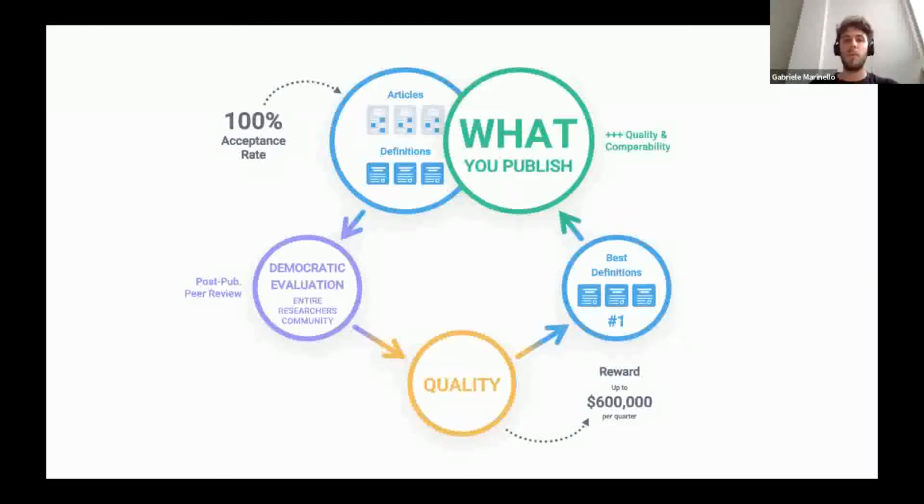Now we have in our hands the final research paper, right? So with these final research papers, we do the same. We basically ask the entire community to review and rate these papers, so that we are applying nothing more than an open post-publication peer review process.